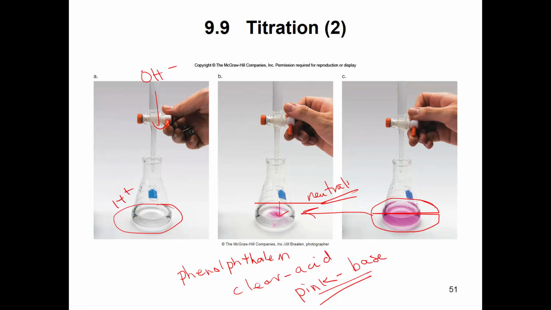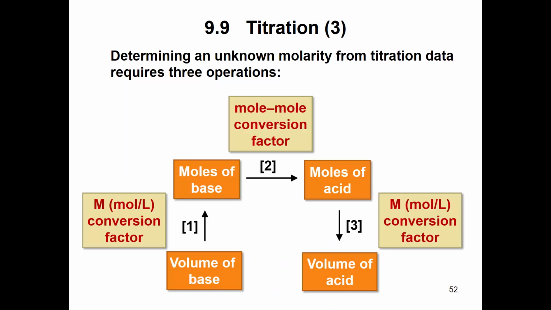Because it's a logarithmic relationship, it's not linear. So that allows us to actually calculate the unknown concentration of something. And so this should look somewhat familiar. You've got molarity. So you've got moles of base over volume of base. That's what molarity equals. And you know from the balanced chemical equation,